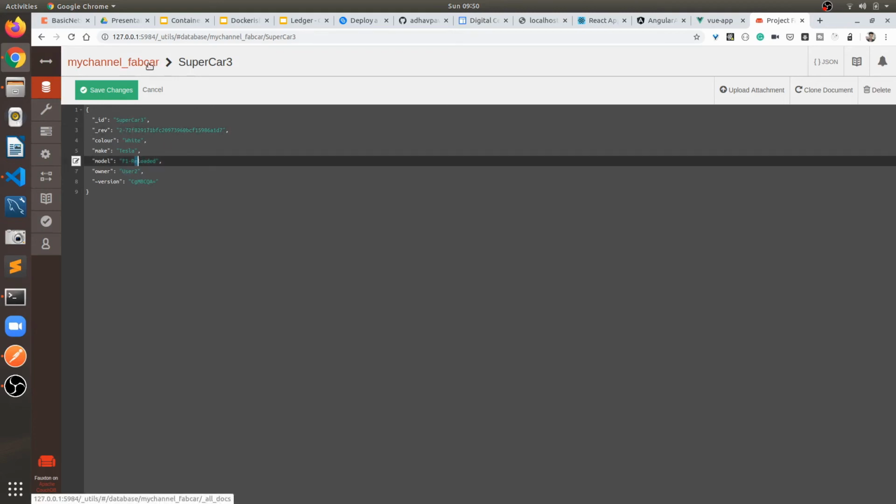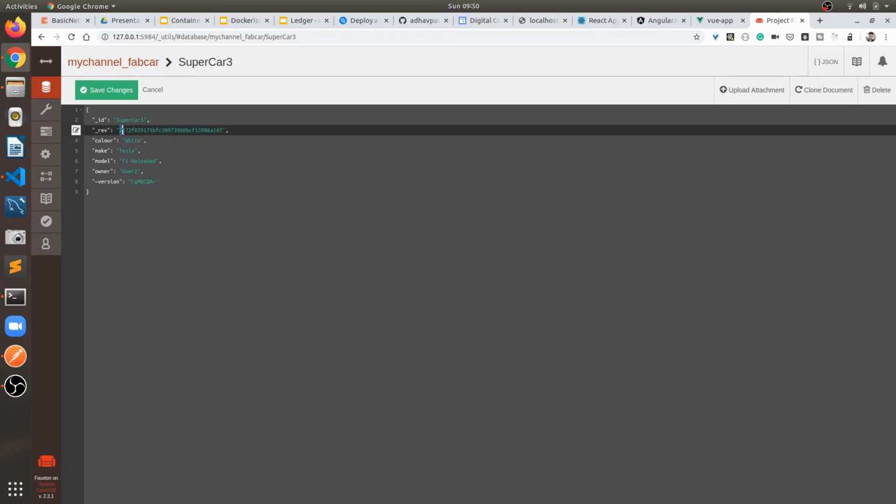Right now our database has the supercar asset and we have updated it one time, so the version is 2. When we add any asset into the current state database, at the initial stage the version would be 1 and it will increment continuously, like from 1 to 2, 2 to 3, 3 to 4.